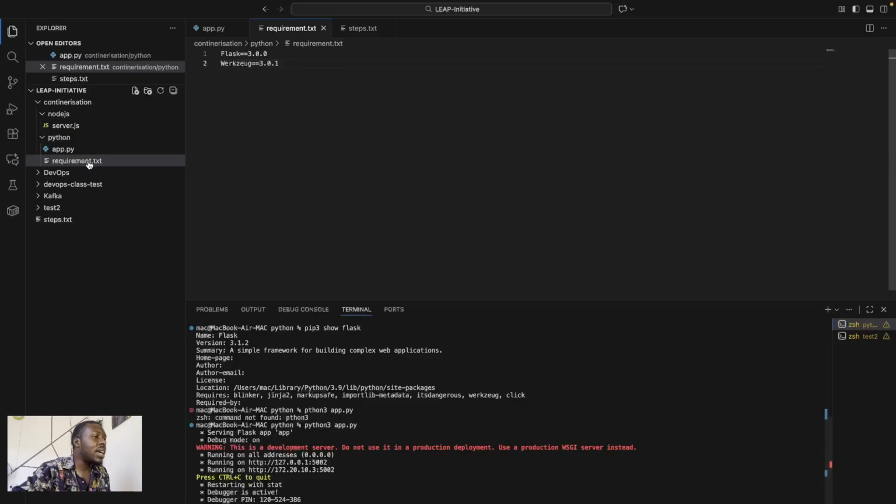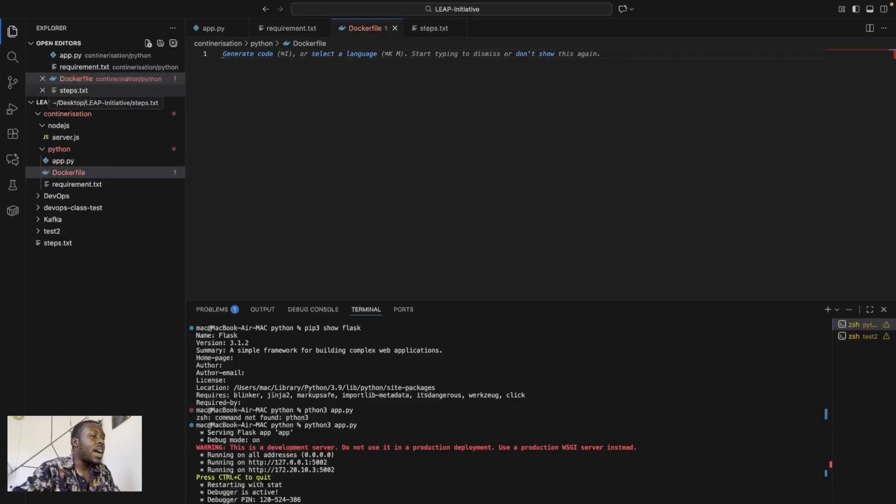When you have that in there, then the next thing we need to have here is our Dockerfile. Now, note Dockerfile is written like this. It has no extension. You don't put a .py or .txt or anything. You just write it Dockerfile with the D being a capital letter, and then this is how you write it. So Dockerfile. From the Dockerfile, the first and most important command is